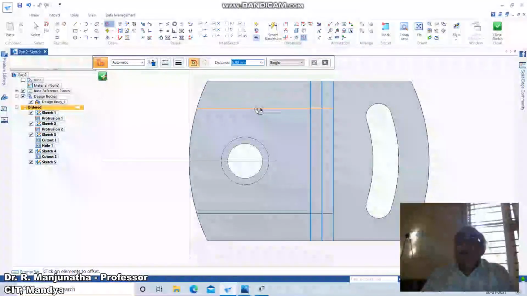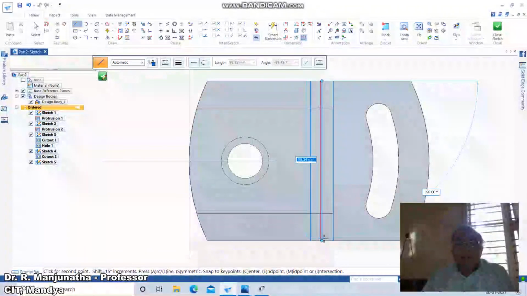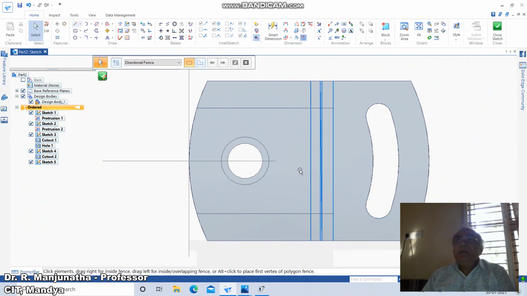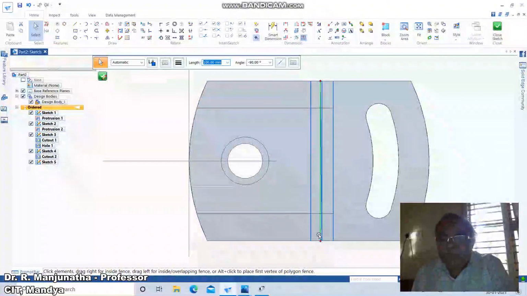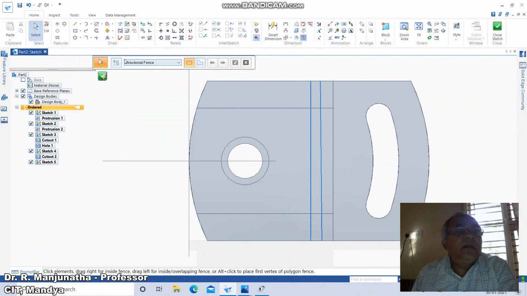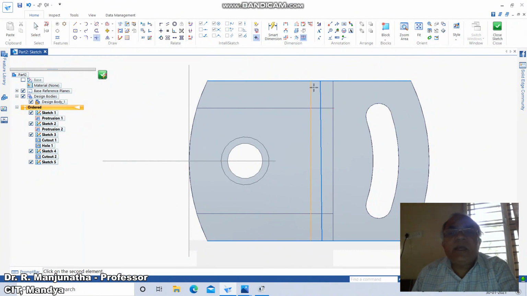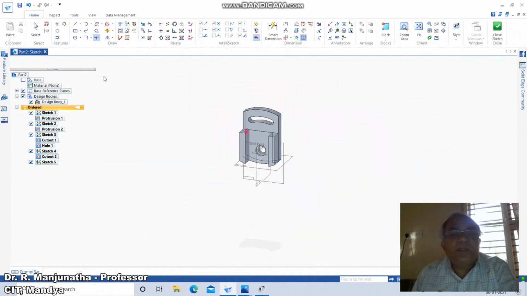On the other side, you take from here 6 mm. So go to line, take endpoint of this to endpoint of this, then go to select. You select this line and delete it, and you select this line and delete it. Then you select this and delete, and go to project to sketch and say OK. You select this line and also this line, and go to trim corner between this and this, between this and this. Similarly between these two. So now we have the entire cross section, and go to close sketch.